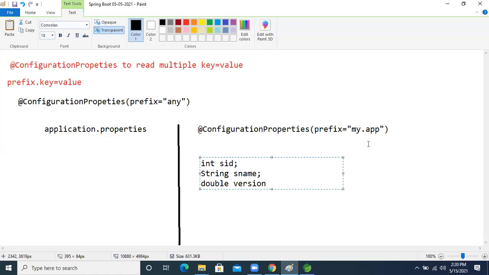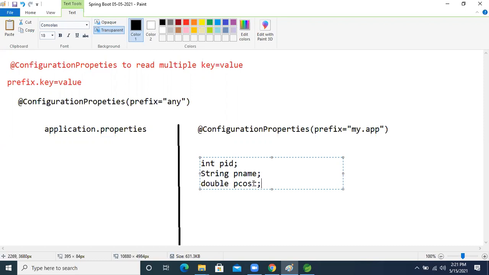Okay, I'm taking PID, product ID, product name, and another one is P cost. These are the three attributes.